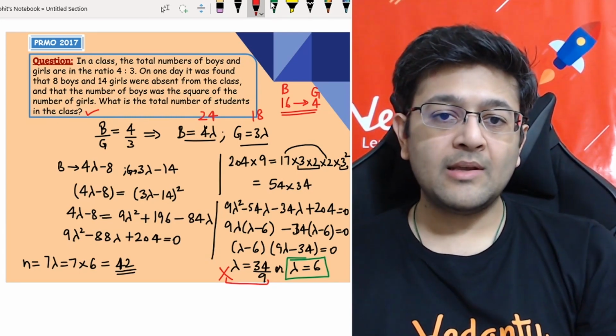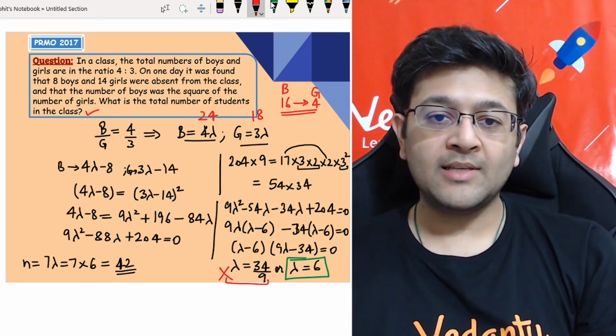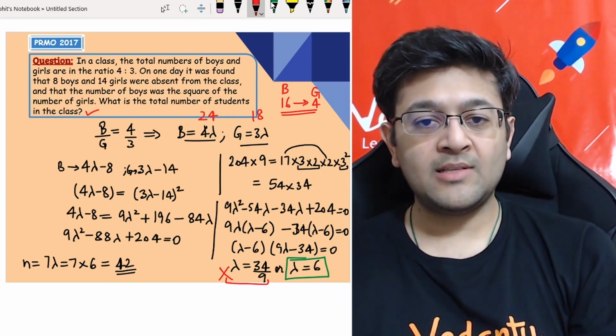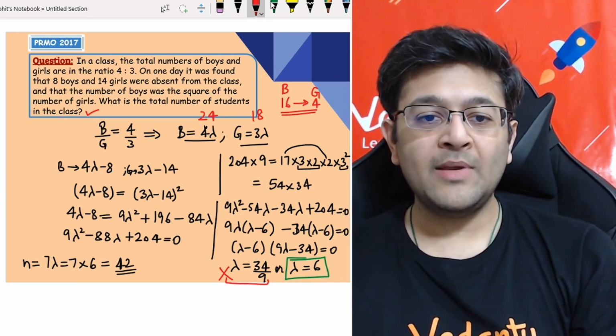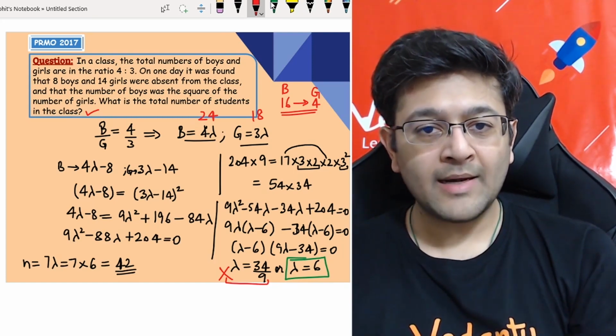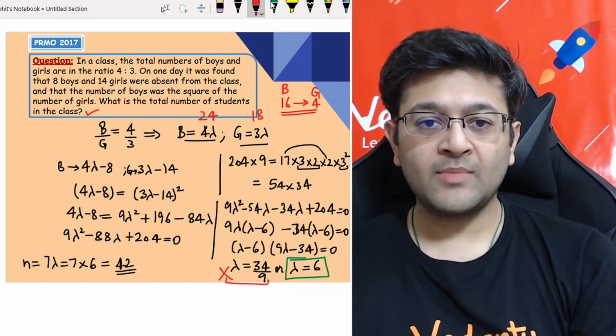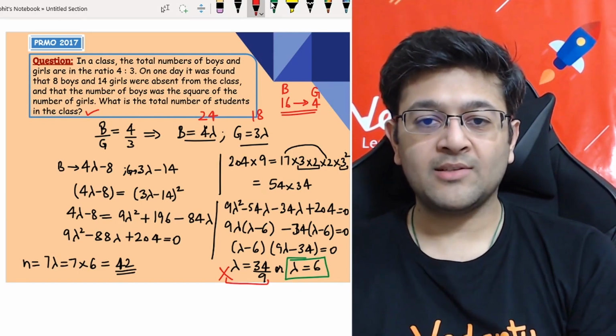So this is how you can check your answers and cross verify. In this way, you can be sure that your answer is very much correct. So you can be assured that you are getting this much marks for this particular question. So that is the beauty of these kinds of questions, that you can check your answers, right?